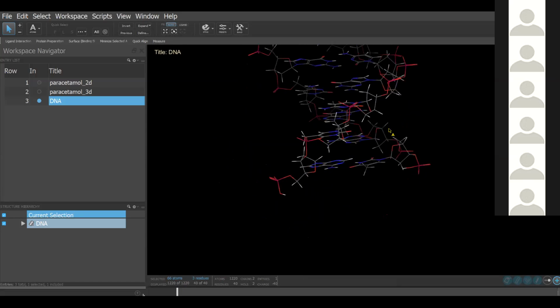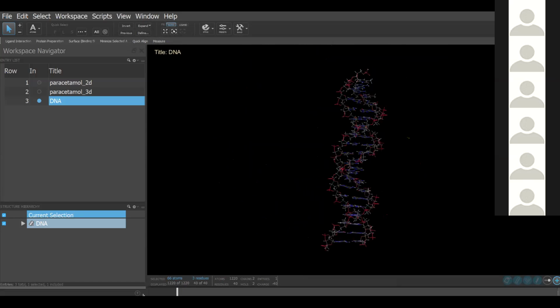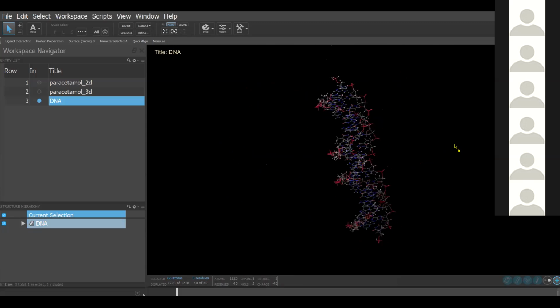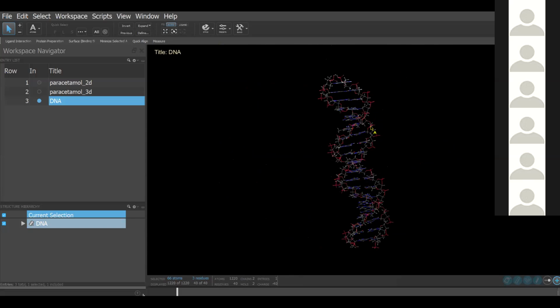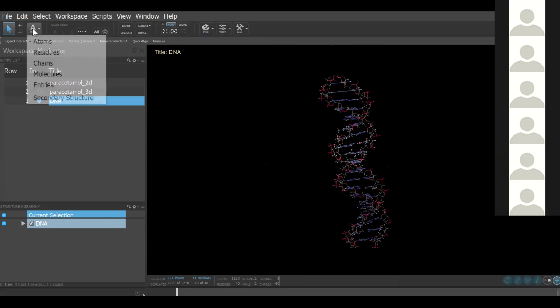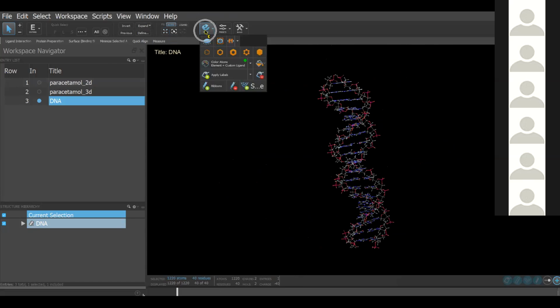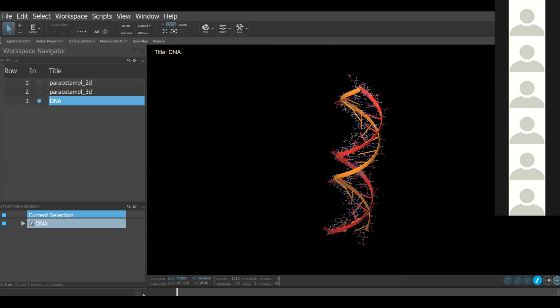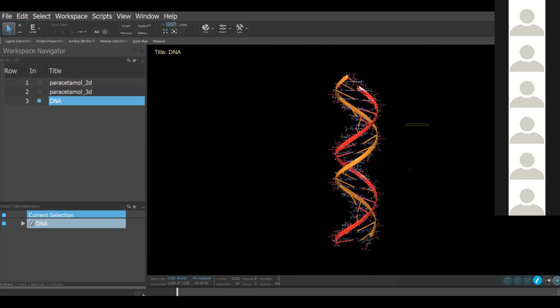You can rotate the molecule. You can see it here. Now you can see a perfect DNA, B DNA molecule here. You can also change the representations. As Prajwal mentioned to you yesterday, you can go to style. You can change it to ribbons. You have to select the molecule, entries, select the chains, and then you go to style, you click on ribbons, and you can see the DNA double helix here, right? So this is a 3D builder that Prajwal introduced slightly yesterday, but I just elaborated on it,